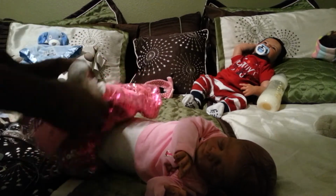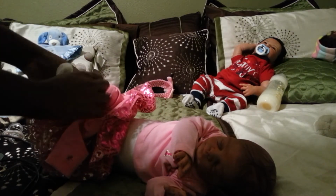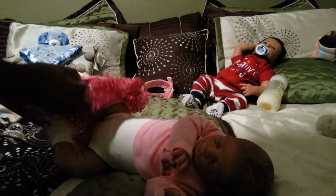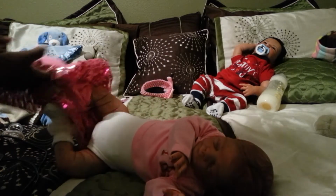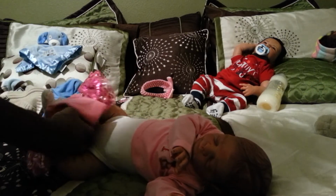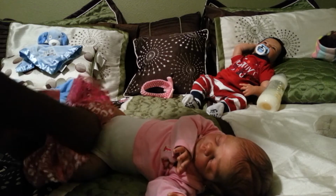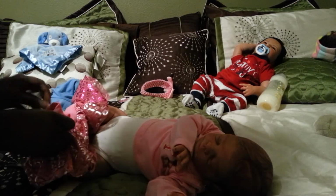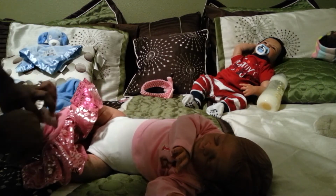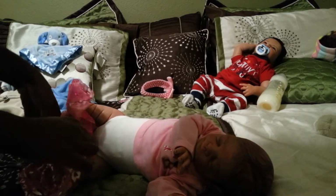But yeah, that's my spill on it. I don't think that having full limbs takes away from the floppiness. It's all about how the baby is weighted. If you're talking about posing and stuff, for me, I think with big babies that you want to be sitting up and doing all kinds of extra stuff, then I think